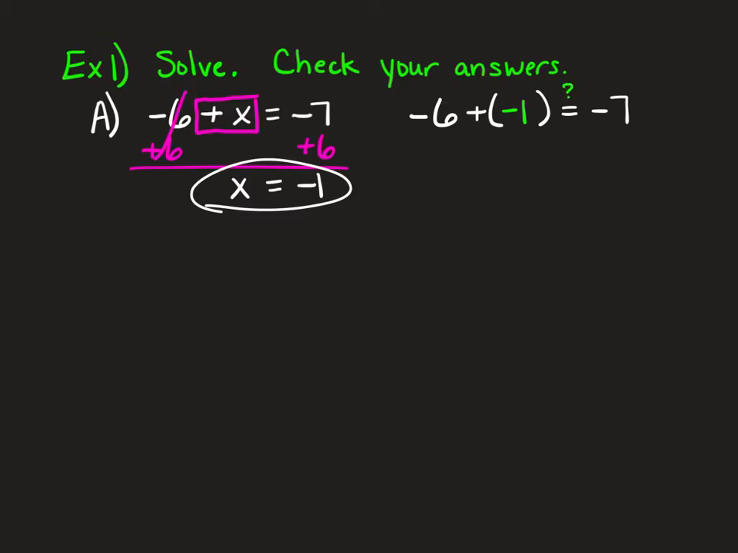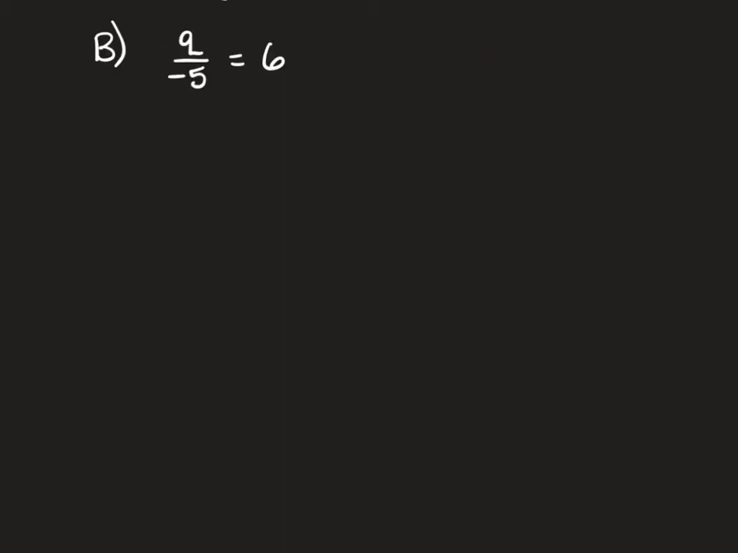And I just want to see if this is true. -6 plus -1 will be -7. And so we got -7 is equal to -7, so that's true. We've checked our answer and it was correct. B part, q divided by -5 equals 6. So we are going to undo dividing by multiplying